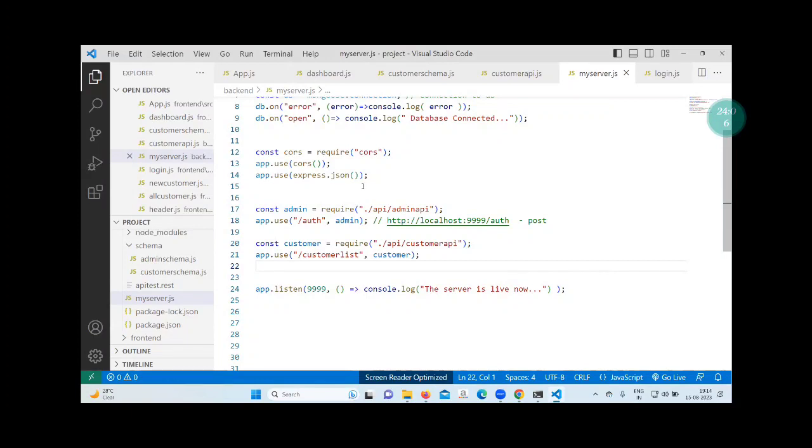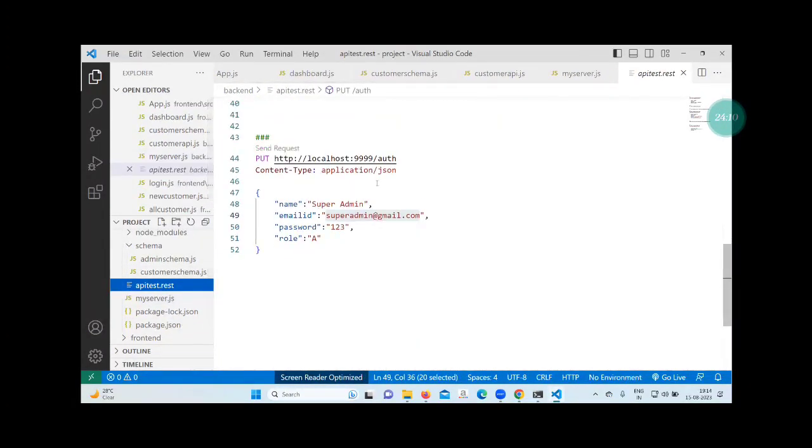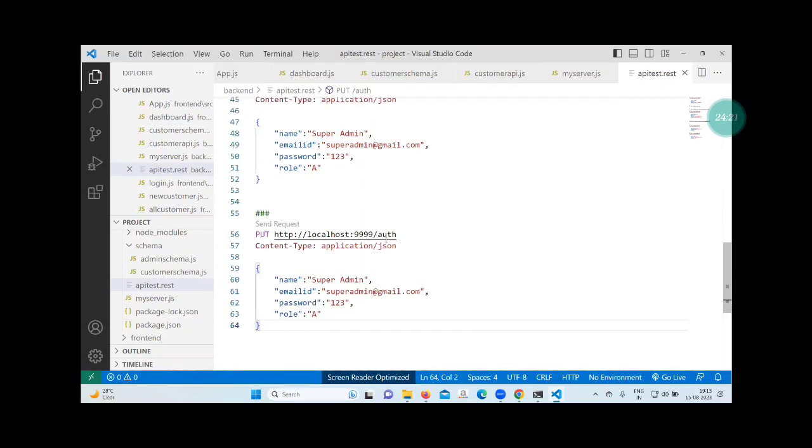Okay, so next work will be, we need to come to the REST.test. Right, REST.test. So again, come down, 3 times hash. Next, we can copy and paste this set. And we can see here, what is the URL you are given? Customer or customer list?